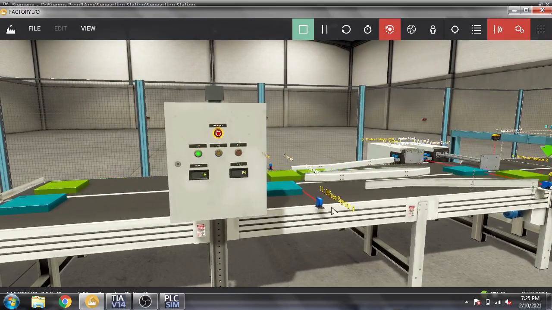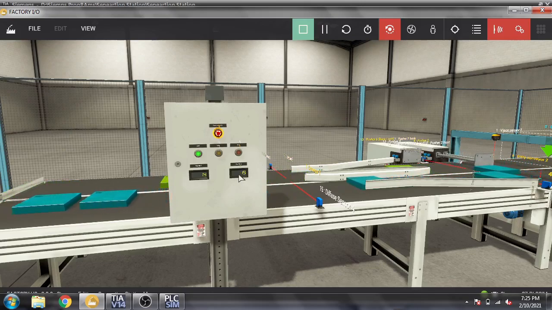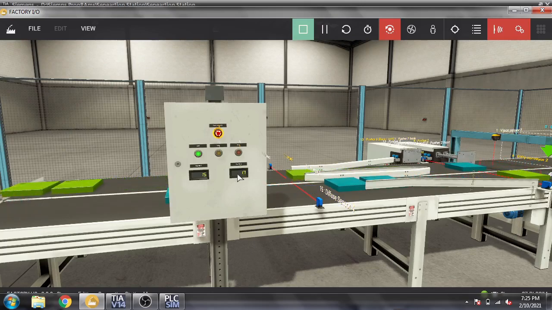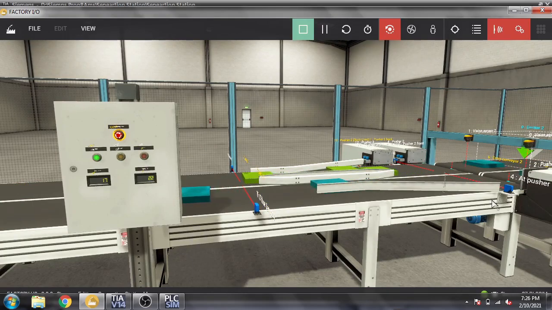You will see diffuse sensor 3, here it is, and it will also count our items. So you will see that the counting is also working.